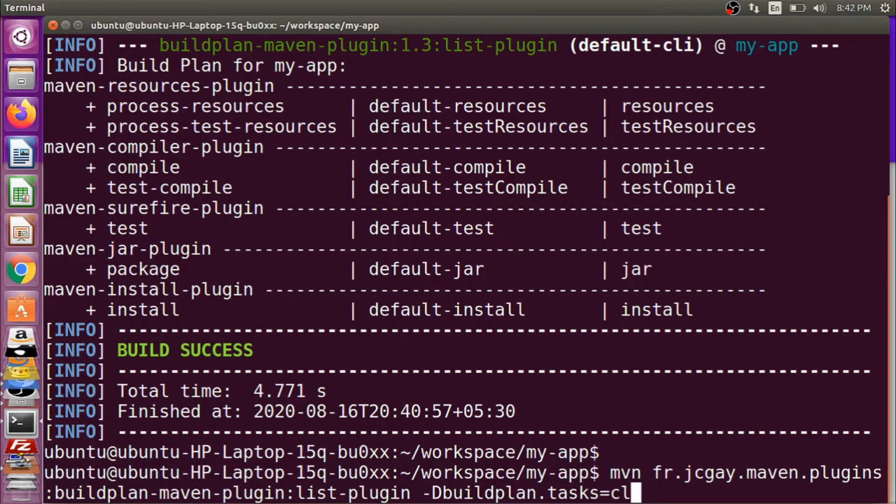For example, we can take a task clean, install.